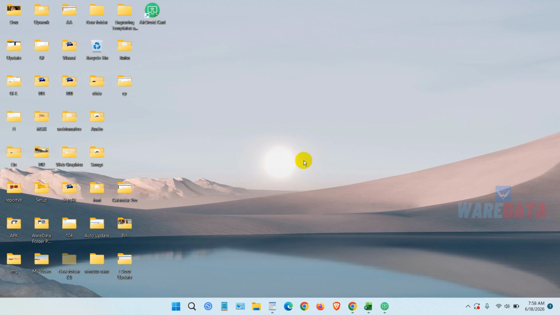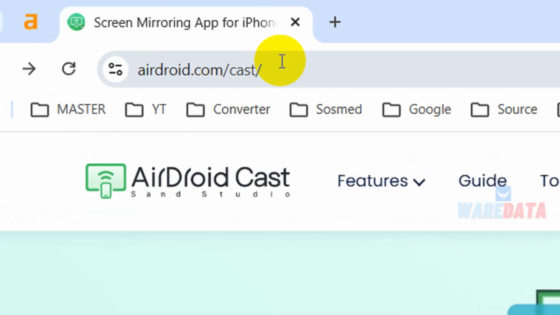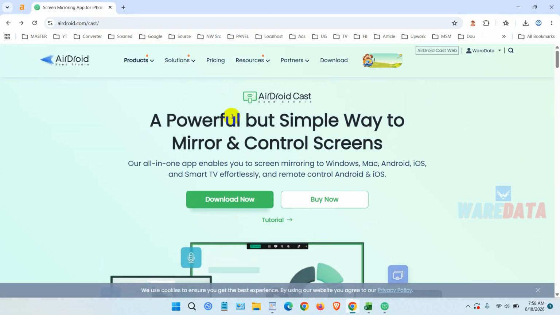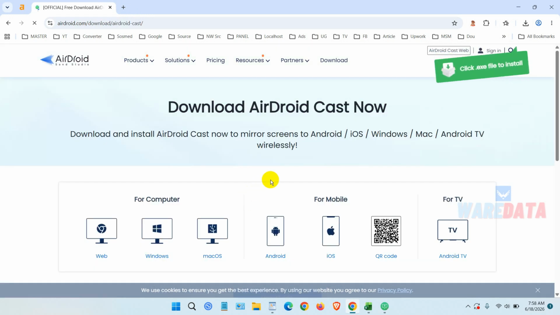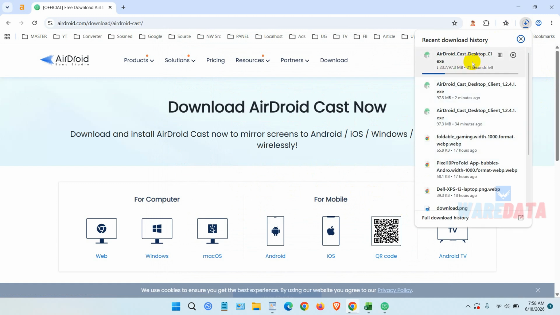Okay, before you screencast your Android screen, you need to download for Windows first and install it into your computer where AirDroid you use. Okay, in here you need to open airdroid.com/cast. Then you can click download now. After you click download now, you can click save, and after the download is complete, you need to click and